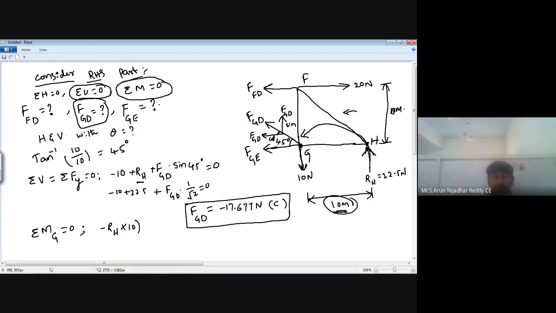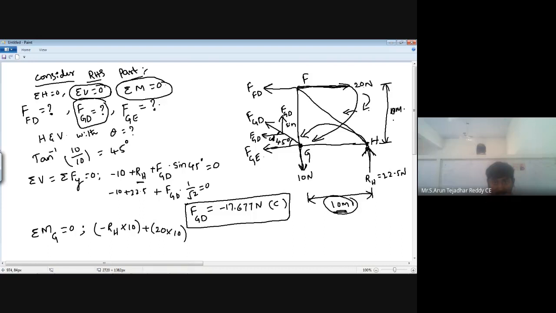into 10. Next, the other force acting is 20 Newton. And how is it moving? Your direction is right side, so it is moving in this way. It is a clockwise direction, and the force is horizontal, so you can take the perpendicular distance as the vertical distance. It means 20 into 10. Clockwise means take positive 20 into 10.